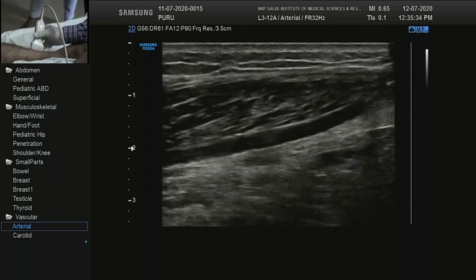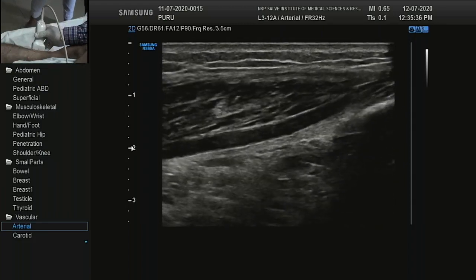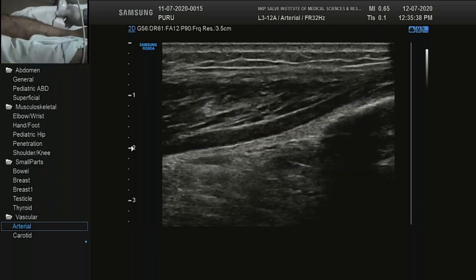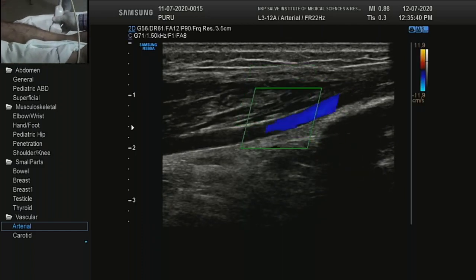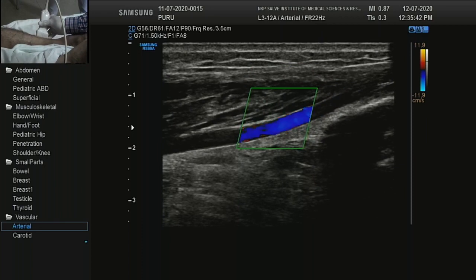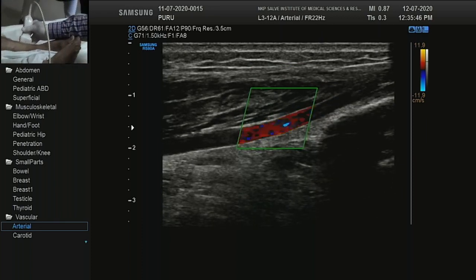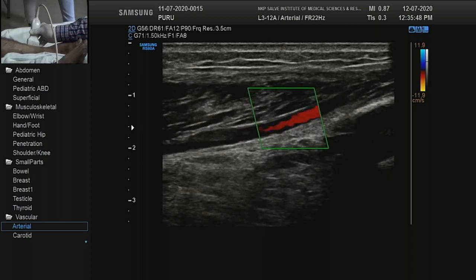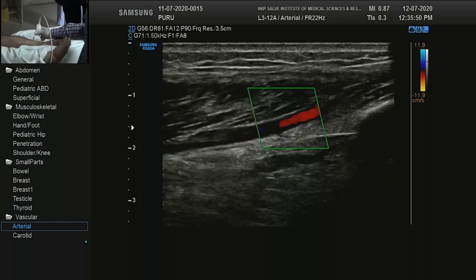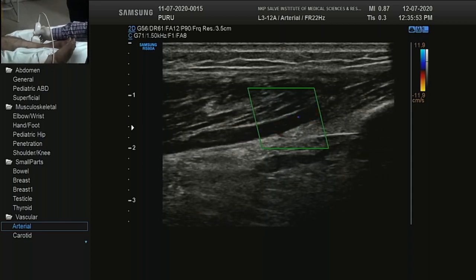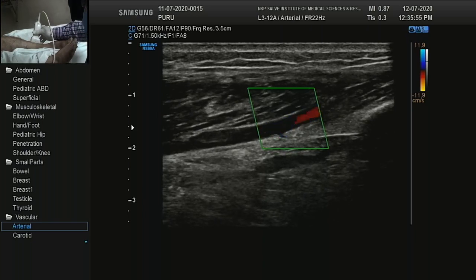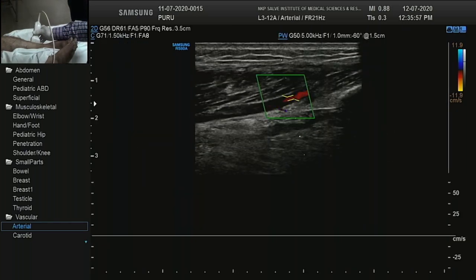So try to sample the arteries wherever you make angle like this, so you don't need much maneuvering. You keep the color box steered, you see that it is filling very nicely. If you change the steering to other side, see the flow is not correct. I will just show you.